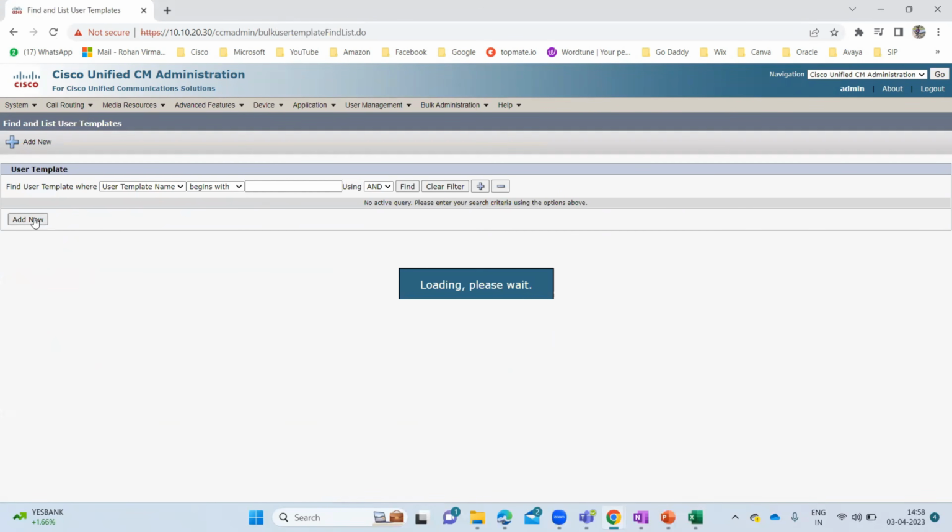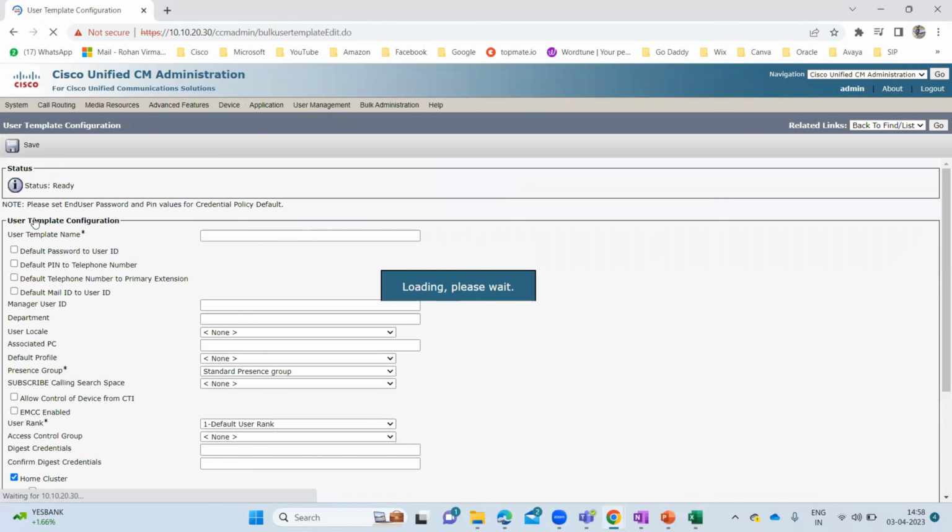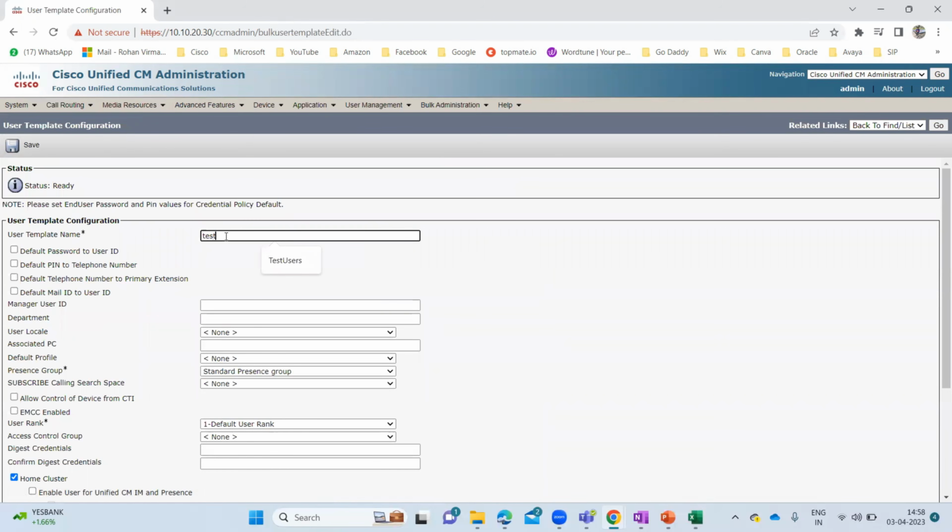Okay, let me add a new one. Here it says user template. I'll just give the name as normal, test user template. If you want to add a manager user ID, default password, user ID, default PIN,